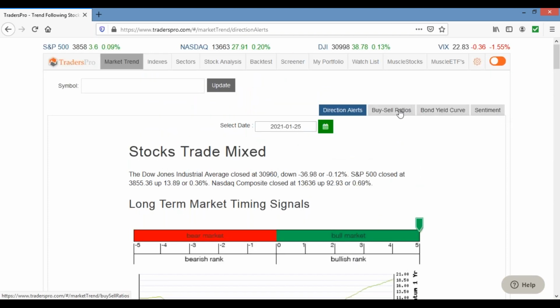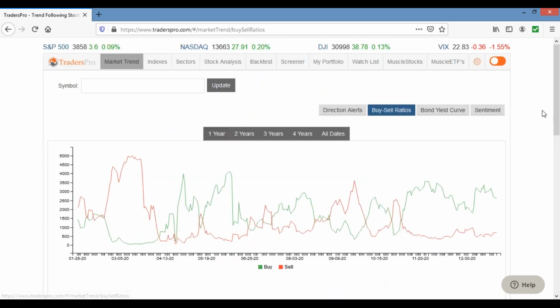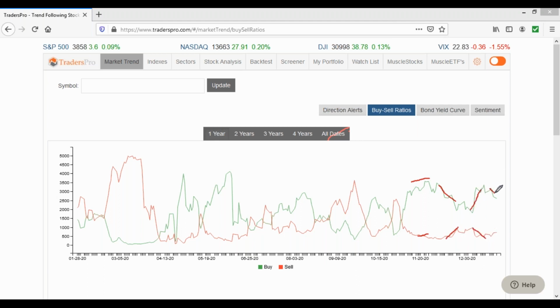Now we move on to the buy-sell ratios. We've been extreme on these for quite a while, as I've talked about, and we did get a little bit of a sell-off that caused the two indicators, the buys and sells, to come a little bit closer together. Then they expanded again, and just recently they've started to come a little closer together. Not much, but they're moving closer. You could still say we're in an extreme area, and we are. There are a lot more buys than sells,